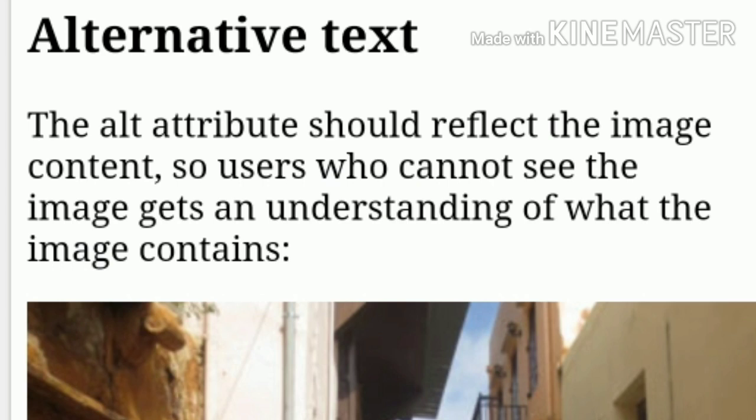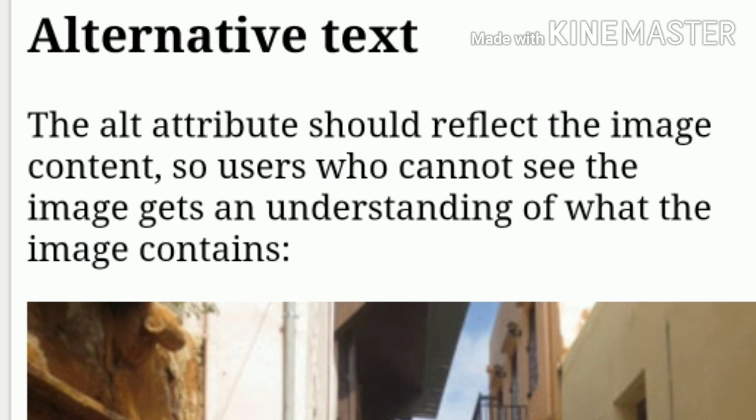What is the problem here? When your web page loads, it is the browser that gets the image from a web server and inserts it into the web page.